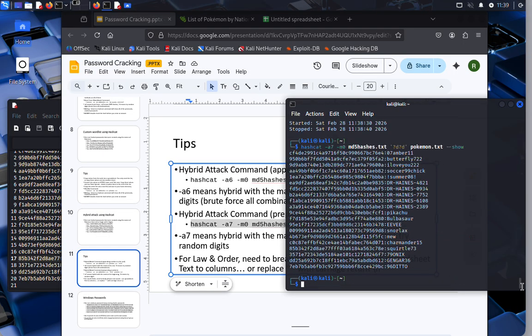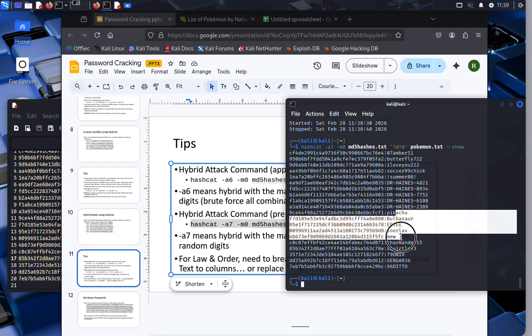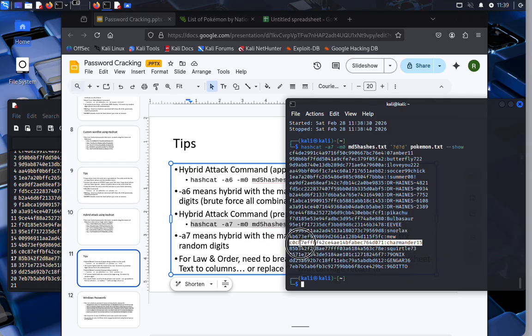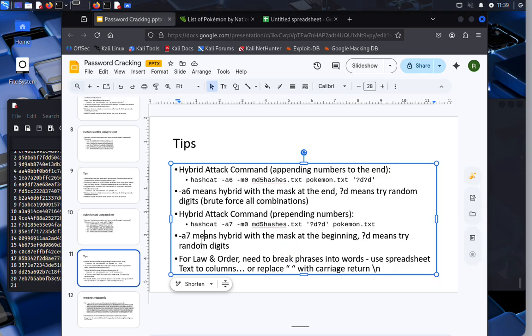The cool thing about the show, by the way, is if I'm doing these in order, here's the first 5, here's the second 5, here's the third 5, and here's the 5 I just did. So I can go and again match up the hashes and type these in, okay? So notice again,